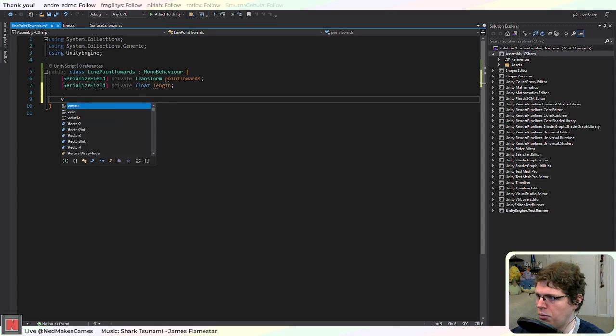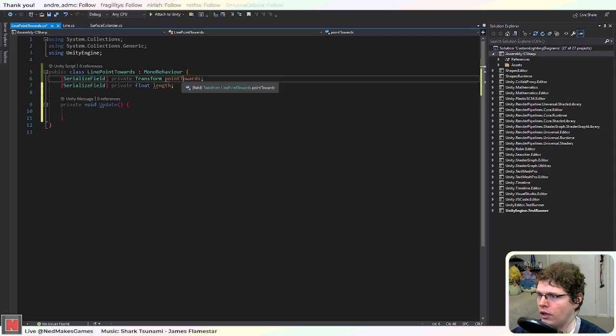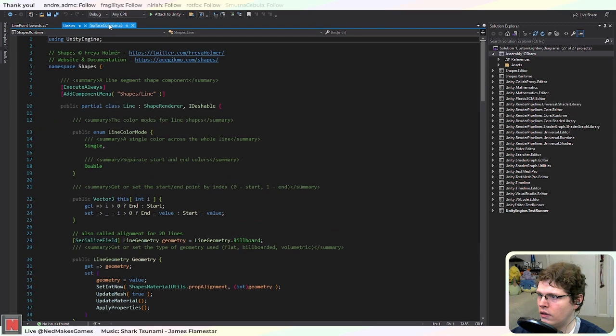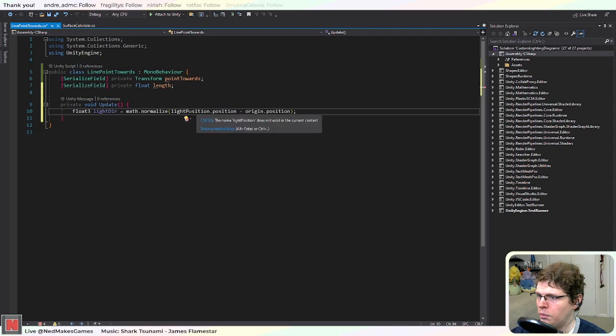And then on update, let's see. So I guess we'll just find the length. Kind of like we did here, except the origin I think will just be this transform. So point towards